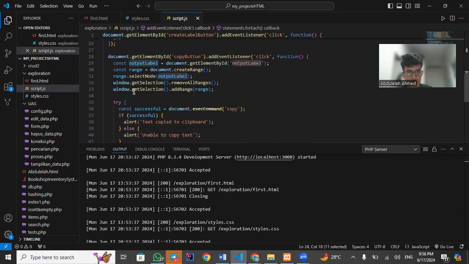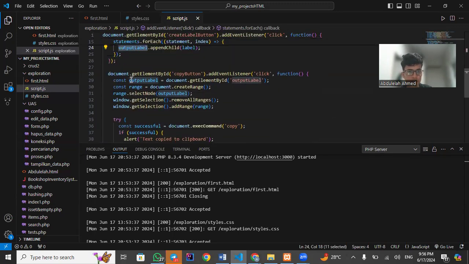So if we go to the third one, here we add a copy button. It adds the click event listener to the copy to the clipboard button. When the button is clicked, it selects the content from the output label that the user already entered, which is the text, and sets some functionalities for it. Within the output label element, it creates a range object that spans the output label content. It clears any existing text selection on the page and then selects the range object. This prepares the selected text for copying